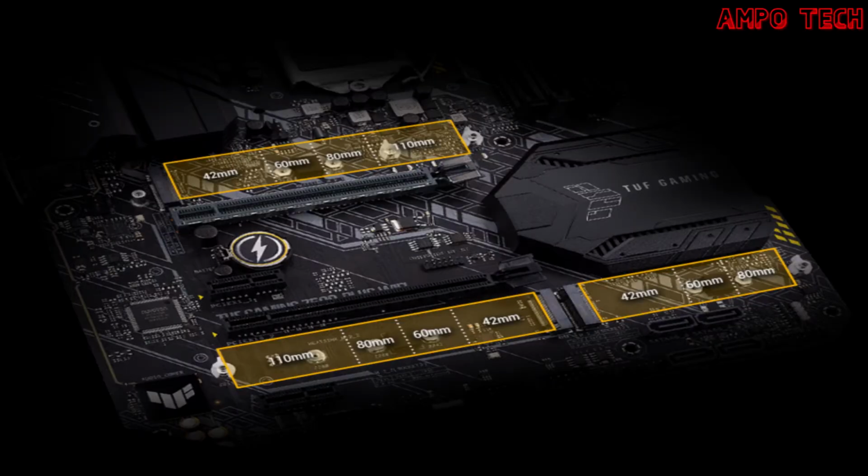PCIe 4.0 M.2, up to 64 GB per second. The TUF Gaming Z590 series motherboards feature PCIe 4.0 M.2 and NVMe SSD RAID support for an incredible performance boost. Create a RAID configuration with up to PCIe 4.0 storage to enjoy the fastest data transfer speeds on the 11th